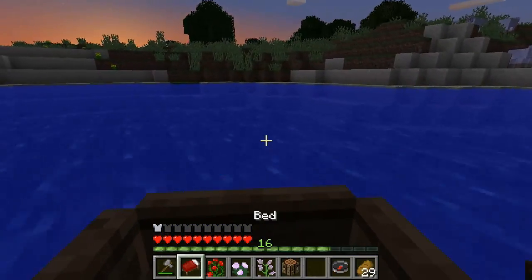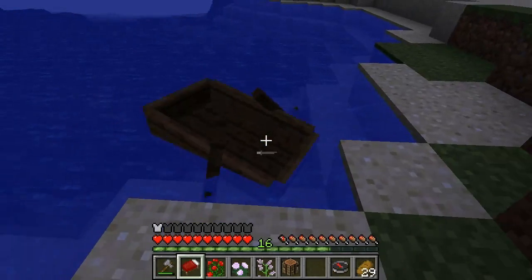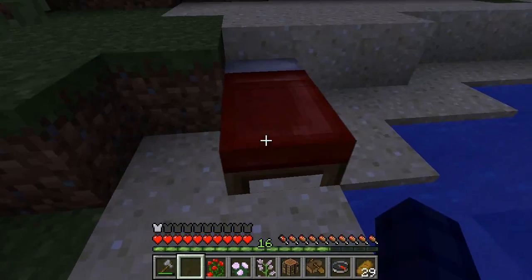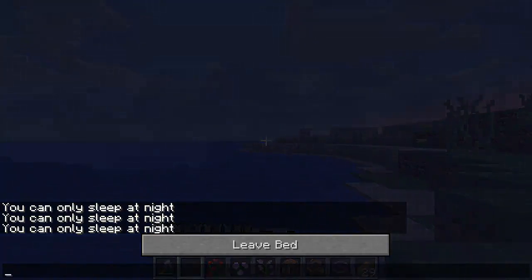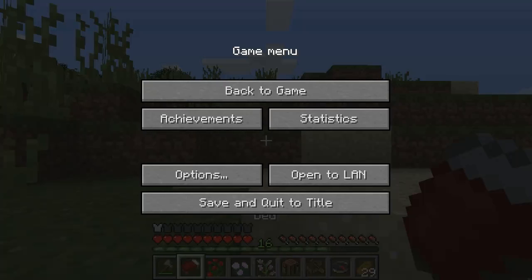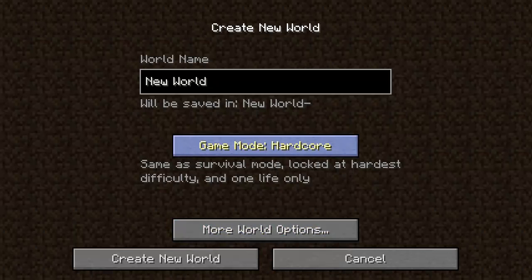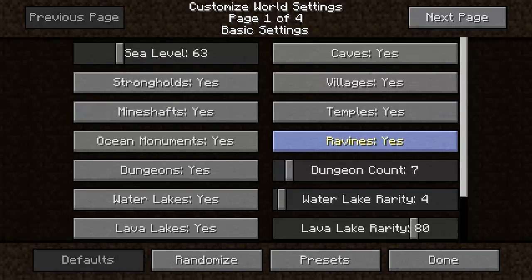Alright, let me come here. Let me get out of the boat. Let me put that down and sleep. Let me save and quit. Single player, create new world, game mode, creative, more world options, type, customize, randomize default. This is default, sea level, dungeon, water, cave, most monuments,